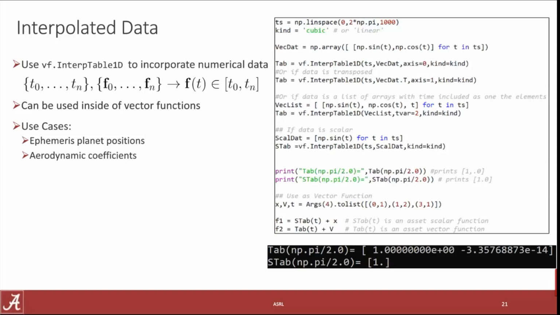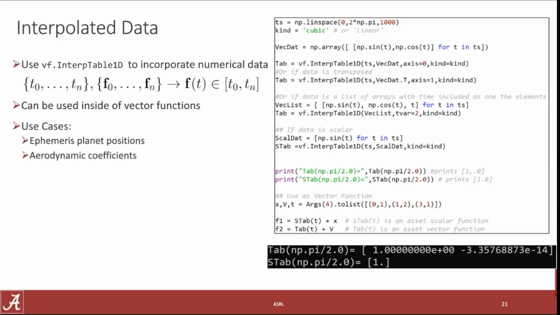The default is linear, but you can also pass in cubic, and now you're passing in a structure that is a twice differentiable spline fit of your data. So this is a great use case for things like planet ephemerides. In day 2 of the training, we're going to use an ephemeris frame, and you define the frame and pull discrete samplings of SPICE kernel data of where planets are, and then do a spline fit of that planetary position